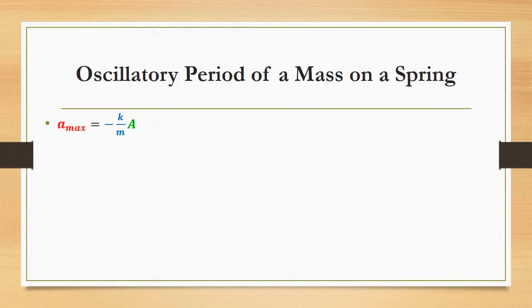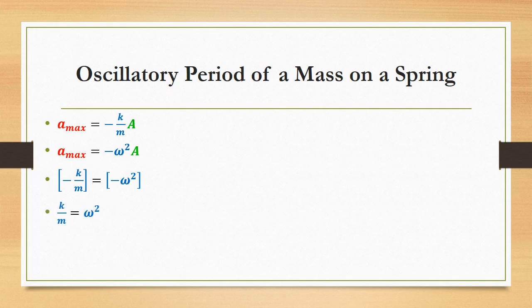So here's the first of those two equations. We just derived it. The other one I'll bring back from the video in the past that we looked at and derived, and it was negative omega squared A. So those must be equivalent, and I've tried to color code it so you see what I'm doing here. A max is on the left side of both equations, and amplitude is on the right side. So that means these blue things must be equal. So let's just set them equal here. And because omega is related to period, using 2 pi over T, I can now solve for the period of a